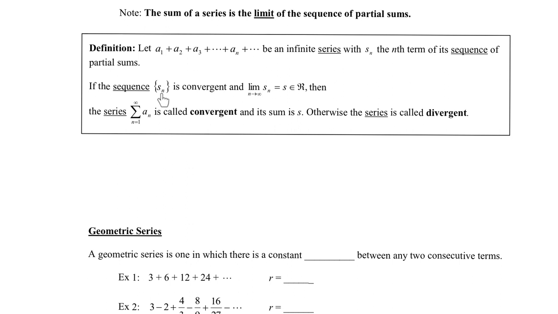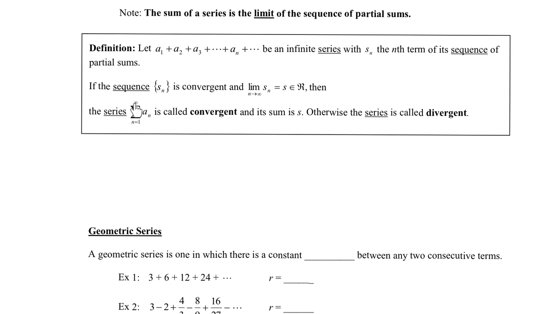If the sequence of partial sums is convergent, meaning it converges on a number, we can make it as close to a particular number as we want. And then the limit as n approaches infinity of s sub n equals s, which is an element of the real number system. All this says is s has to be a real number. The script R is often used to signify the real number system, which is basically all the numbers we use other than the imaginary numbers. The square root of negative 1 is not in there, but all the real numbers we've been using throughout calculus. As long as it's one of those and it's not infinity or something like that,